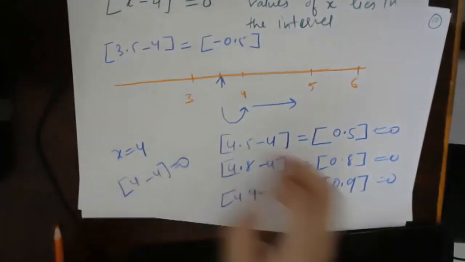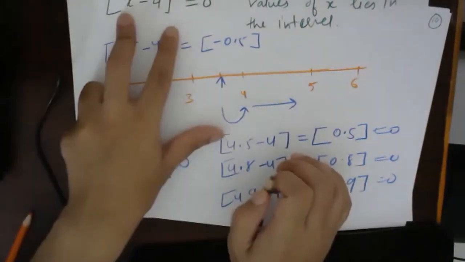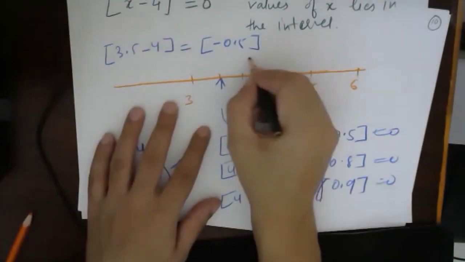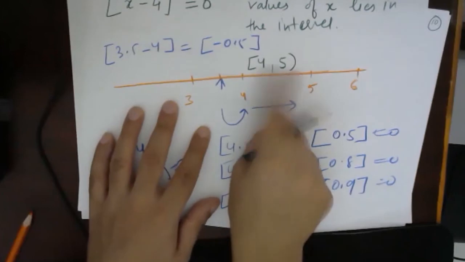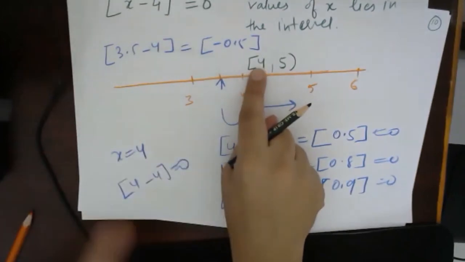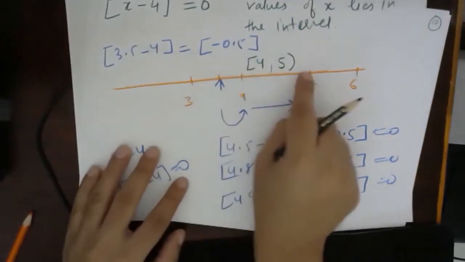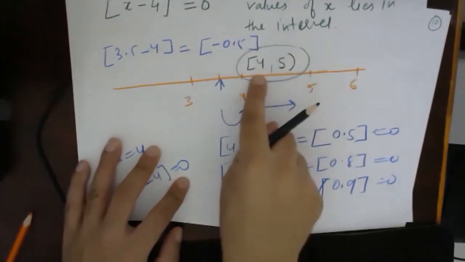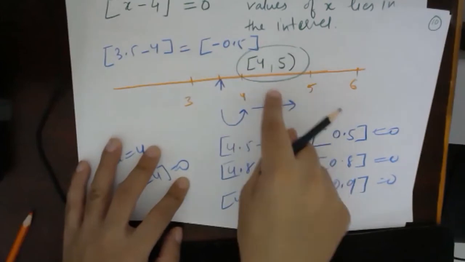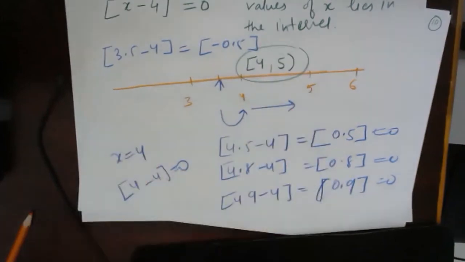So what should be the values of x which I can take such that this will be 0? From 4 to 5. Every number 4 and after, and every number before 5. So this will be the domain. These are the values of x for which we can take such that it will be equal to 0. Yes, very good. Everybody understood?